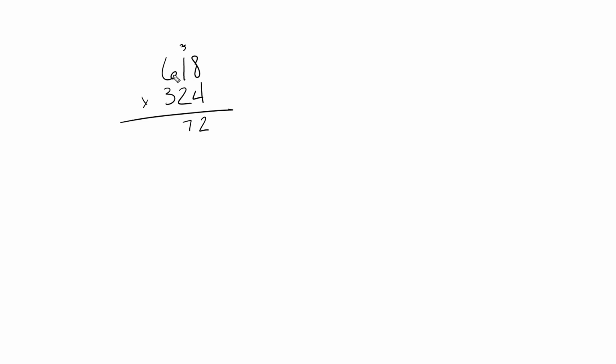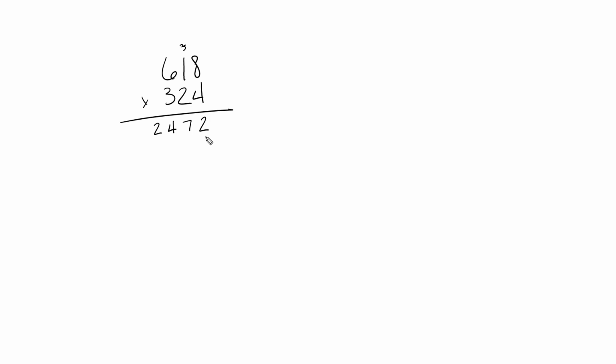4 times 6 equals 24, so we write our 4 below the line in front of the 72, and we have nowhere to carry our 2, so we write it in front of the 4. We found that 618 times 4 equals 2,472. Now we move to our next working digit, which is the tens place of the bottom number, this 2. We again multiply it by the top number. Because this 2 is in the tens place, its value is really 20, so we know that the ones place